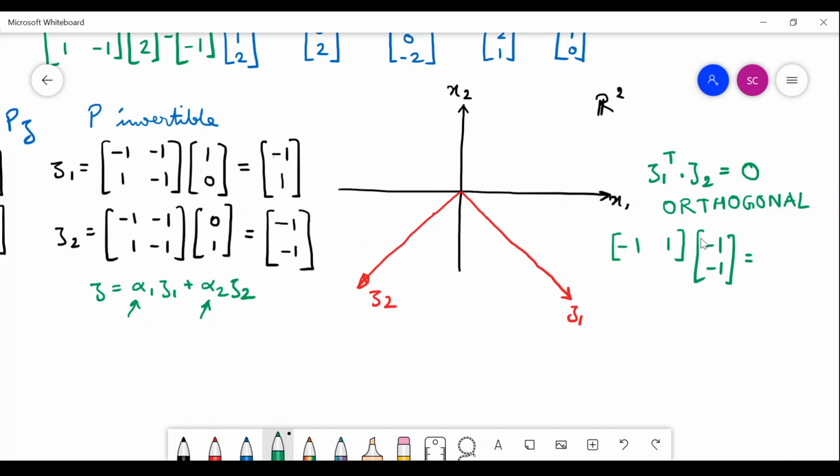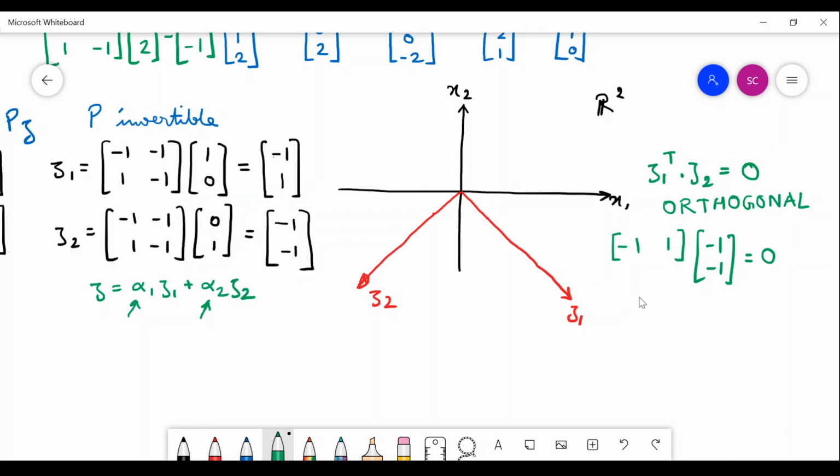What we are getting, minus 1 is plus 1, plus 1 minus 1 is minus 1, which is 0. We are getting this. This happened incidentally, and it's good that it happened, because I also stressed how to understand orthogonal, how we can check orthogonal vectors. So suppose you are given any two vectors,